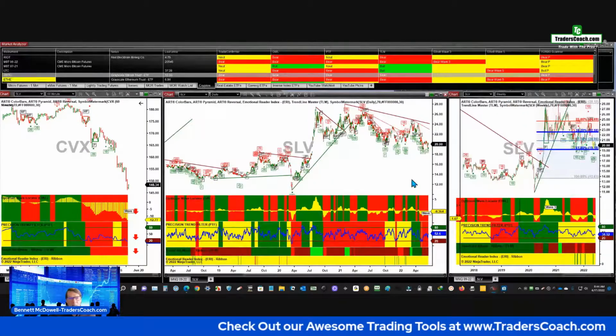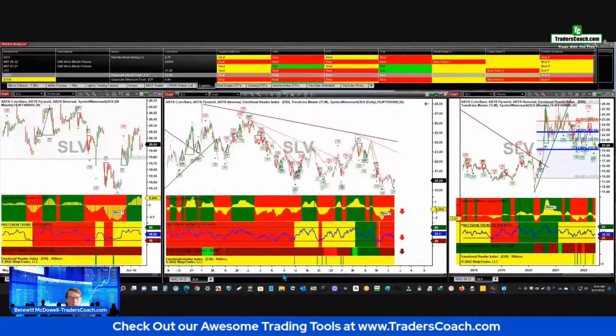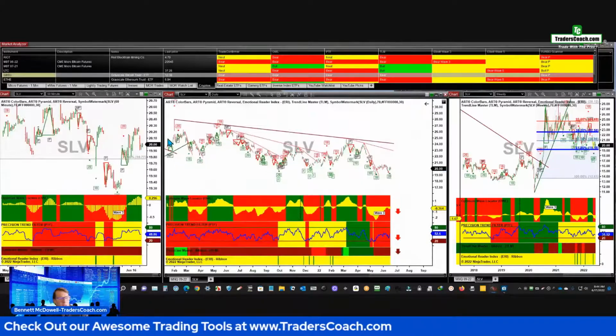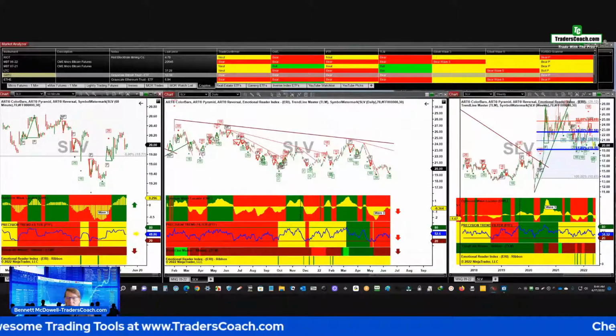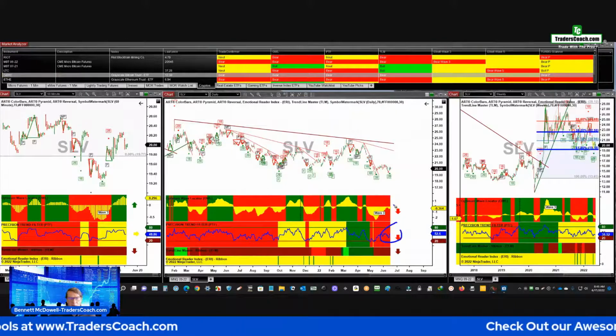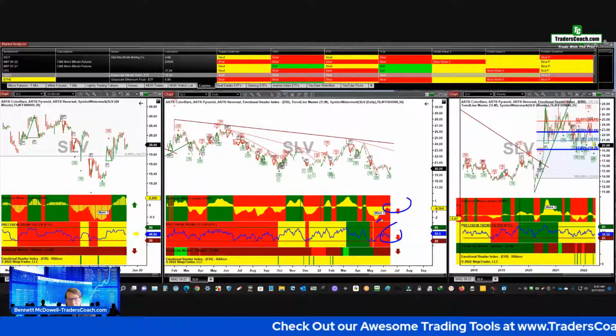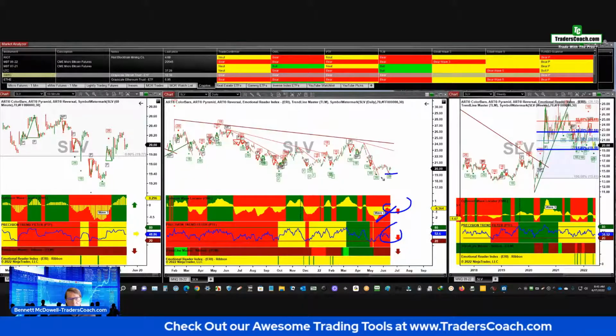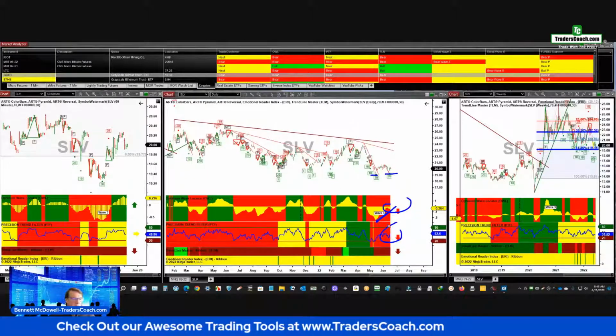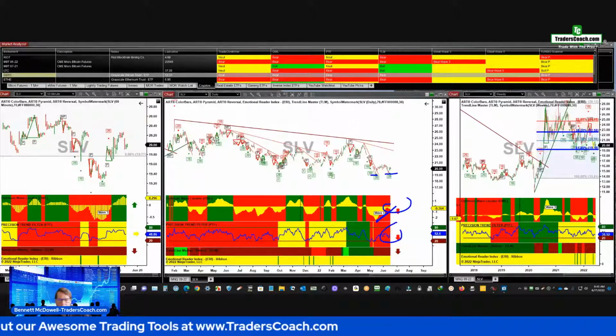And it's still not a buy. Okay. I know people are saying out there on YouTube, buy silver, but it's not a buy. You got a red PTF here. You have a red owl here. This is technically not bullish divergence because this low is not below this low. So you can't have divergence until that is.